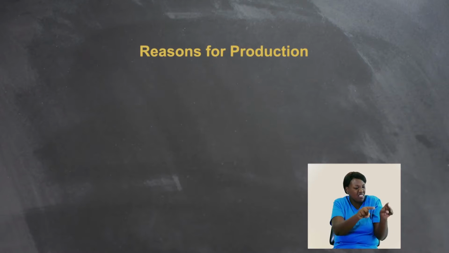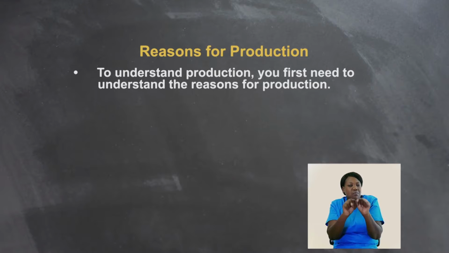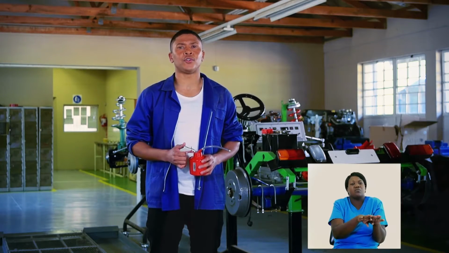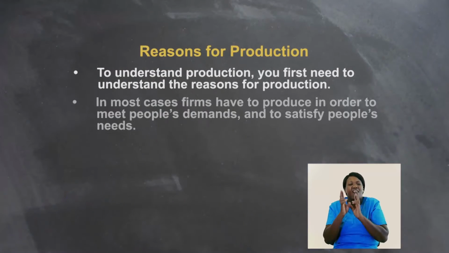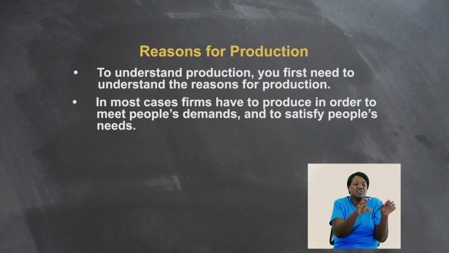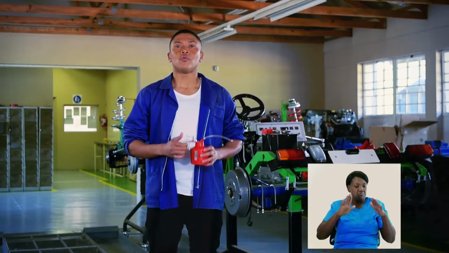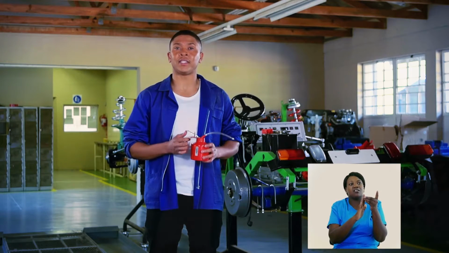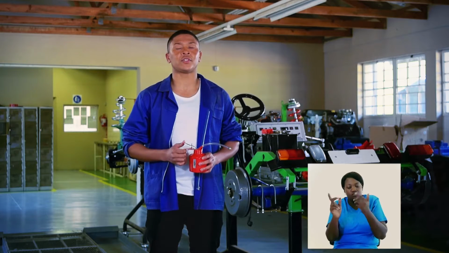The reasons for production: to understand production, you first need to understand the reasons for production. Why do you think companies have to produce goods or services? There may be many answers to this question, but in most cases, firms have to produce in order to meet people's demands and to satisfy people's needs. We've already seen that in order to develop, we must satisfy people's basic needs and start the process of economic growth. However,